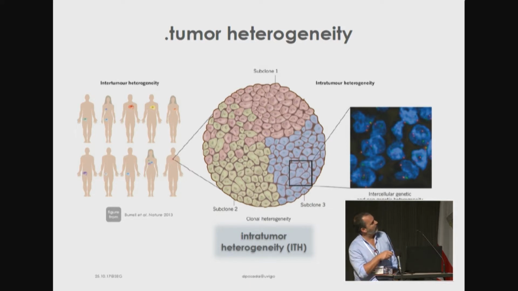Well, this is quite relevant if you think about it, because when you take a biopsy from a patient, you're going to pick up one of these colors, one of these mutations, and not all of them, okay? And therefore, you're going to get only a biased representation of conclusions about your tumor. This might be relevant in some cases and in others not, but we need to be aware of this intratumoral heterogeneity. So I am an evolutionary biologist who only recently, 3 years ago, became interested in understanding cancer.